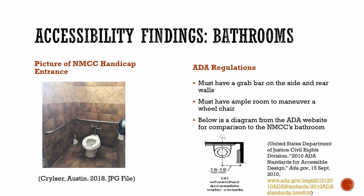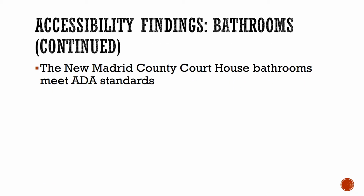Next, we have bathrooms. Now, you can see here a picture of the New Madrid County Courthouse handicap stall. Next to it, once again, we have the ADA regulations for handicap stalls, which say there must be a grab bar on the side and rear wall, and ample room to maneuver a wheelchair, and we've also provided a diagram to compare with the picture of the New Madrid County Courthouse handicap stall. As you can see, it has the handrails, has enough room to maneuver a wheelchair, and also looks like the diagram they've provided. So, with all that, we can confidently say that the New Madrid County Courthouse is once again up to date